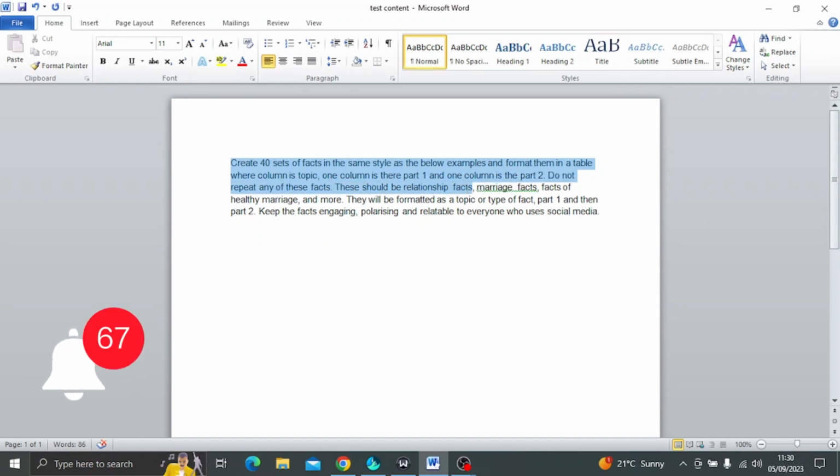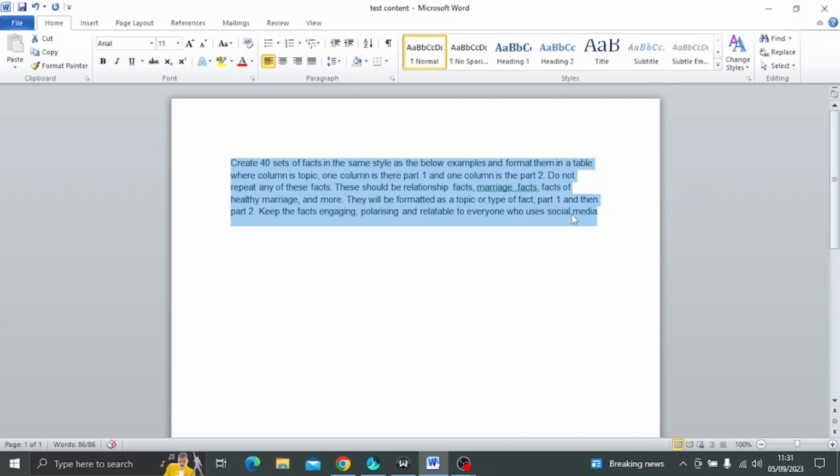This should be relationship facts, marriage facts, facts about healthy marriage, and many more. They will be formatted as topic or type of fact, part 1, and then part 2. Keep the facts engaging because I want engaging content. Make it polarizing and relatable to everyone who uses social media, because I'm going to post this content on social media. That being said, you can copy this format and tweak it for whatever topic you need to make. This is just a template